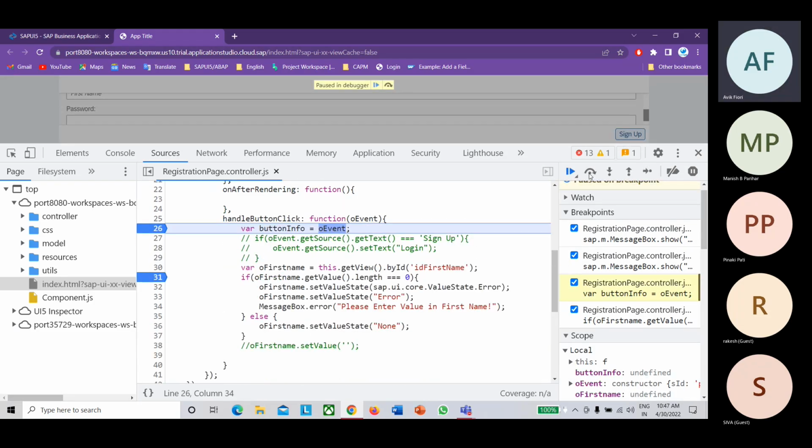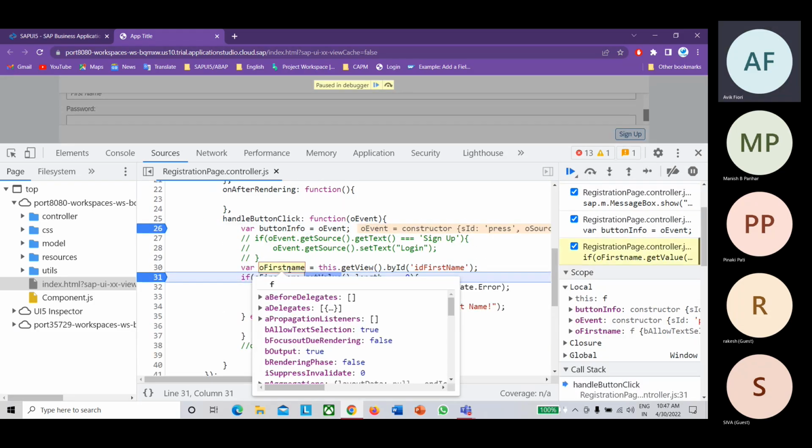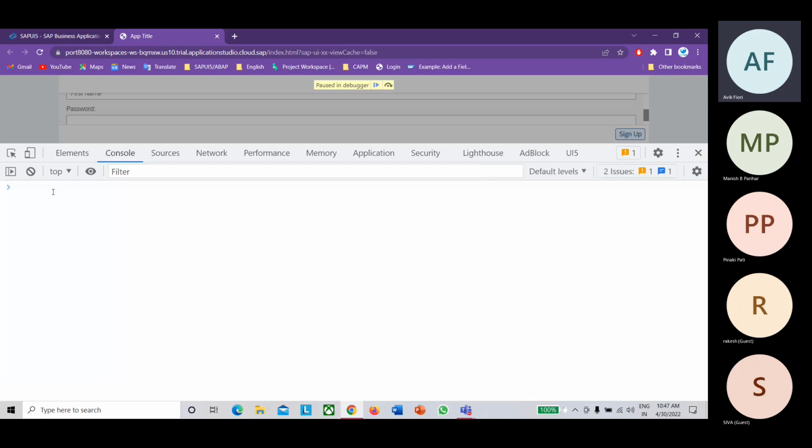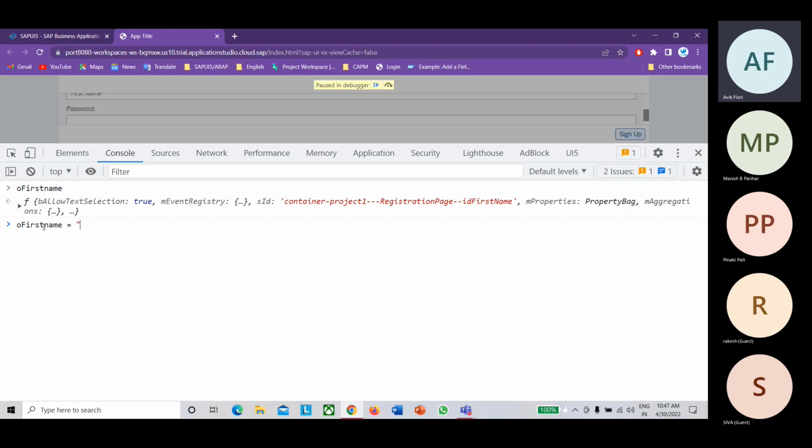Now I'm executing this line. Inside O first name, I have the ID or the control instance of the first name. But now I want to change this value. Instead of first name, let's say I want to add any other name. This is what value we have inside O first name, but instead of that, I'm adding some other value.